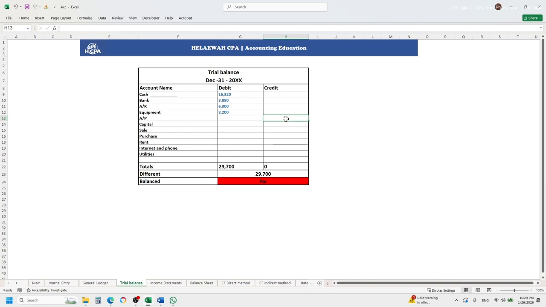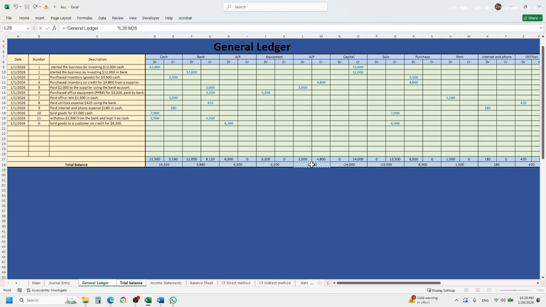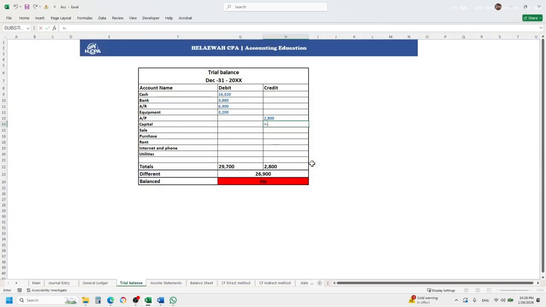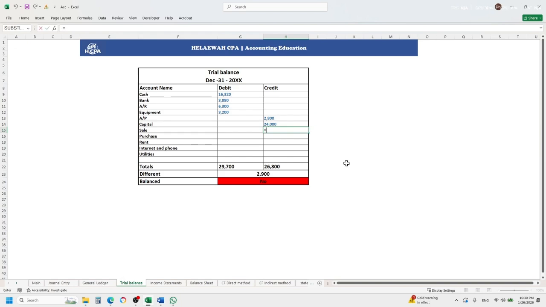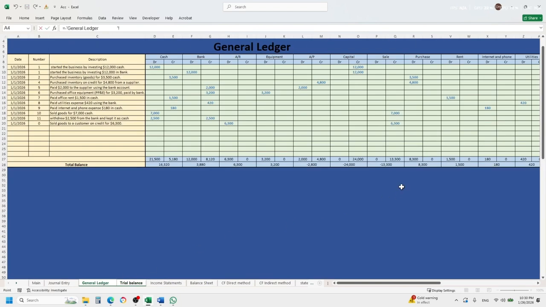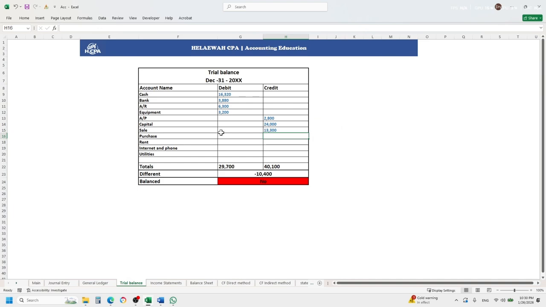accounts payable, which is a credit, but here there is no positive or negative number, all positive, so we put a minus sign. For capital, same thing, and for sales also the same thing. The rest are debit accounts,